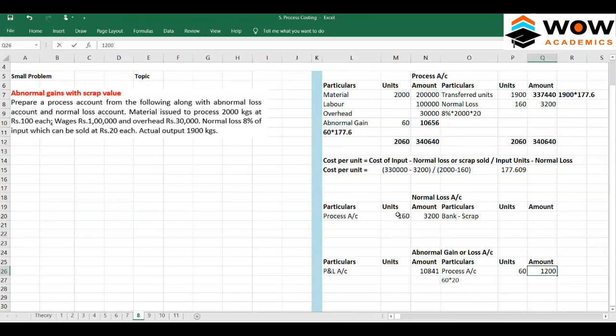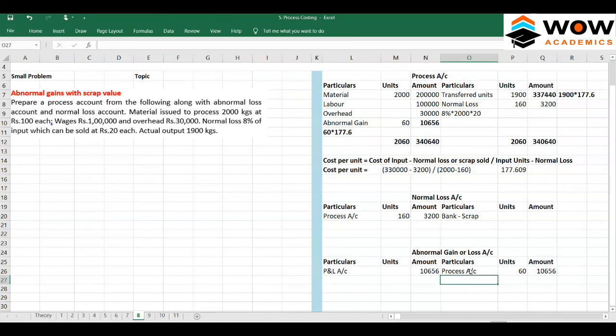I think we have to get this number. We will first transfer the abnormal gain to here. So the value is this number. So what has happened is we have a value of this much. Shall we transfer all of them as gain? The answer is again no. We can't transfer this full amount as gain. Why we can't do that is